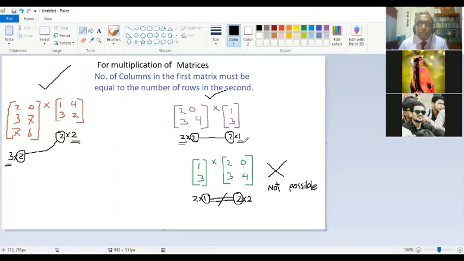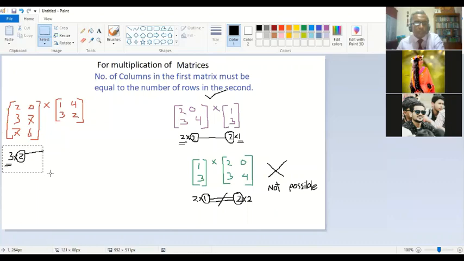Okay. So this is just, you know, fine. If you do not know, that is also all right. If you do the correct calculation, automatically the answer will be like this. Okay. So now let me show you how we actually multiply.